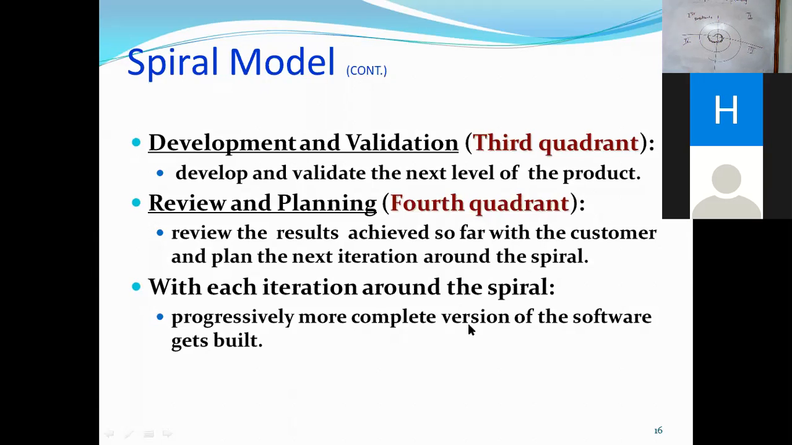And what you have developed up till the third quadrant, you have to show it to the customer in the fourth quadrant. So the fourth quadrant is the last quadrant that implies reviewing and planning. Review the result achieved so far with the customer and plan the next iteration around the spiral. So you have completed one iteration after the fourth quadrant, but you need to plan the next